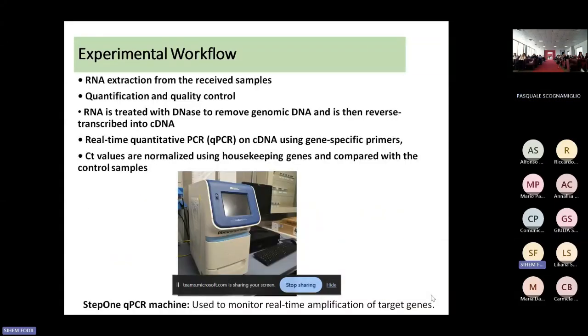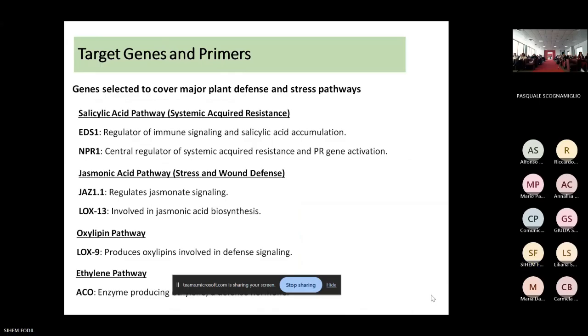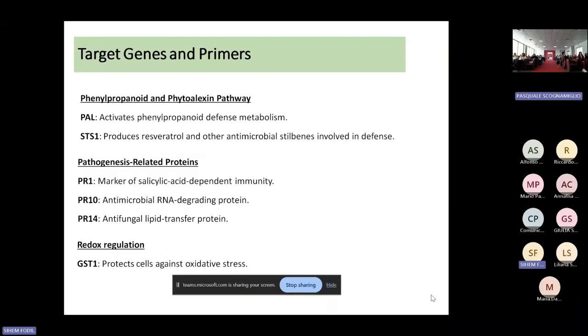Gene expression analysis is then performed using real-time quantitative PCR on the complementary DNA with gene-specific primers. Then the resulting CT values are normalized using housekeeping genes and compared to the control samples. For gene expression analysis, we selected a few target genes which represent the major grapevine defense and stress-related pathways, which include the salicylic acid pathway, jasmonic acid, oxylipin, and ethylene pathway, also the phenylpropanoid, phytoalexin pathway, pathogenesis-related protein or the PR genes,